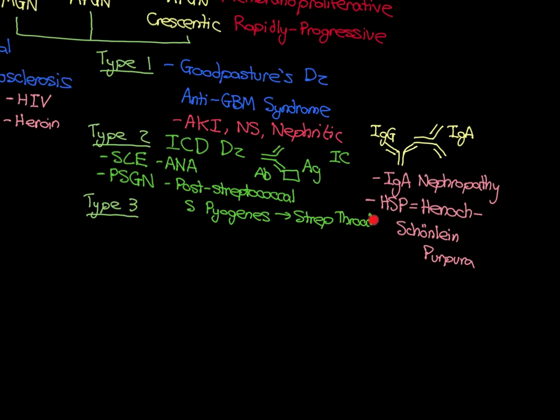So actually, Henoch-Schönlein purpura is the milder form than IgA nephropathy, because the progression of the kidney disease is slower in Henoch-Schönlein purpura than in IgA nephropathy, because the immune complexes deposit in other areas besides just the kidneys, whereas in IgA nephropathy they just deposit in the kidneys, and therefore they can cause much worse glomerulonephritis. So, these two diseases then, IgA nephropathy and Henoch-Schönlein purpura,